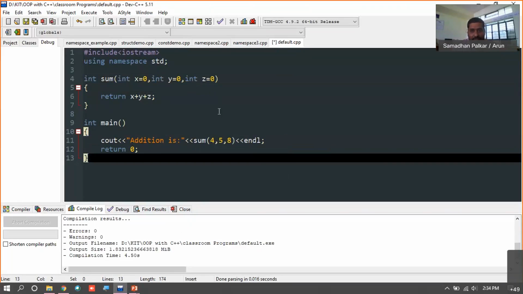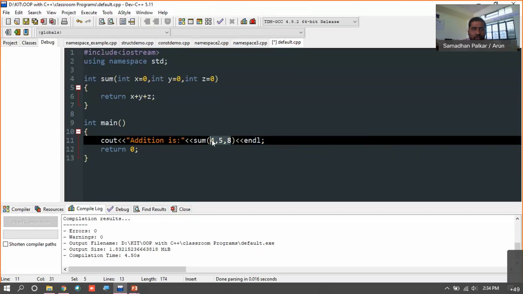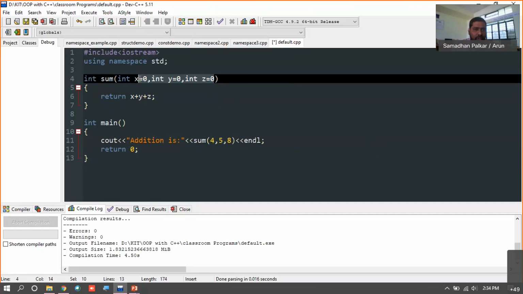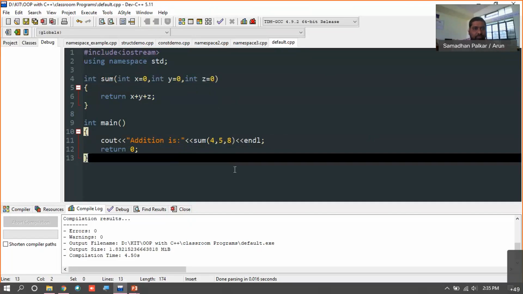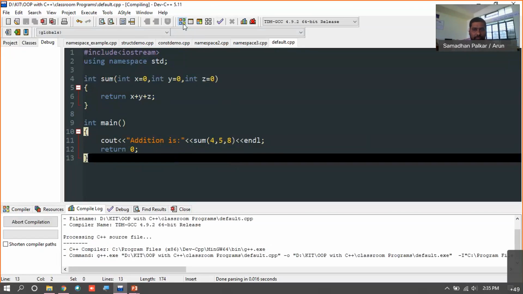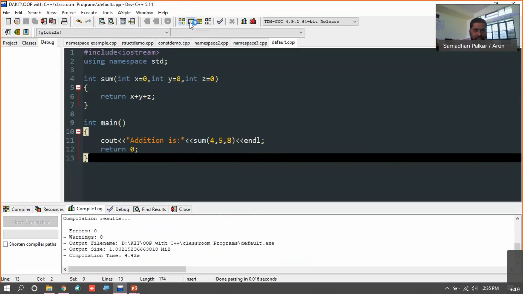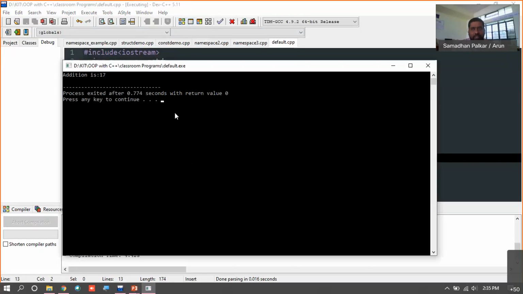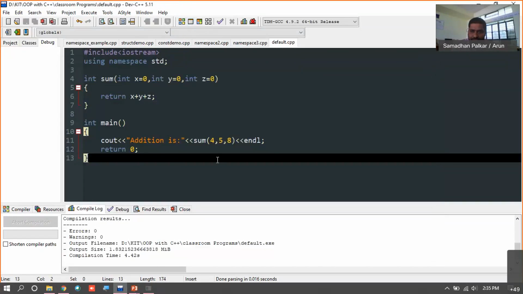In that case, those parameters are overwritten on this, right? So default arguments are overwritten. Clear? So those are default. If not provided, then it is passed as default. Otherwise, it just overwrites the values, right?